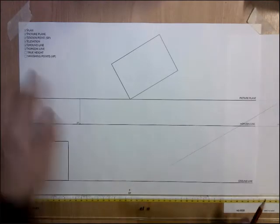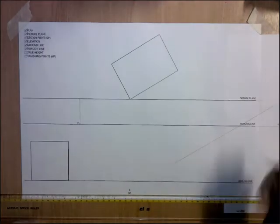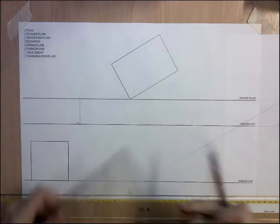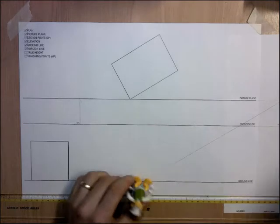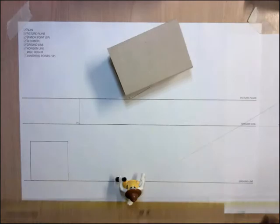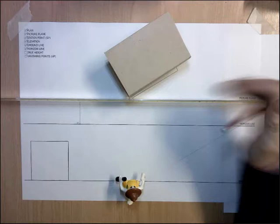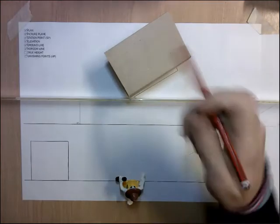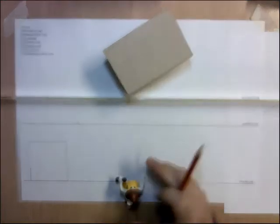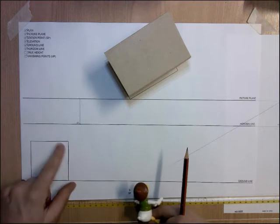So that's how you set up the vanishing points. Now we have those vanishing points. To get the true height, you need to understand that the true height is wherever the plan is intersecting the picture plane. Just to demonstrate that, we have our observer. Now, the observer is looking at our object through an invisible plane, or like a window, and that point right there, which is intersecting that picture plane, is the position which is the same height as the elevation that we have